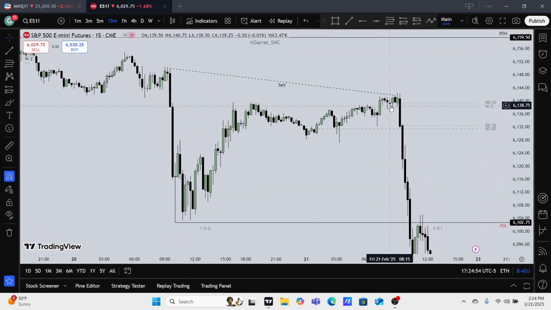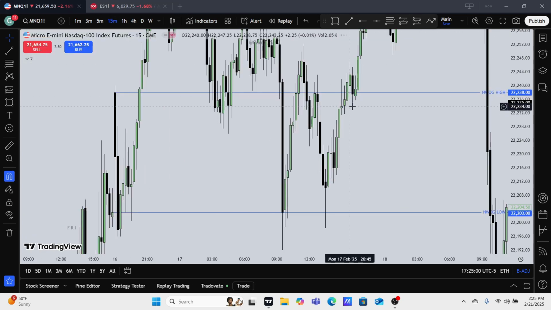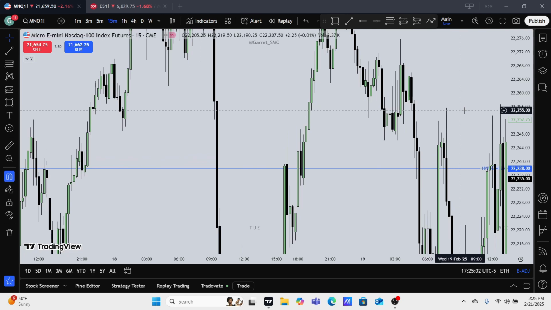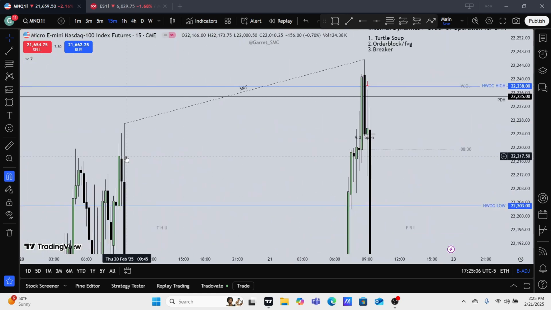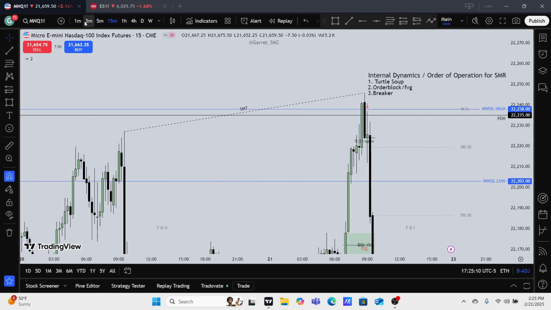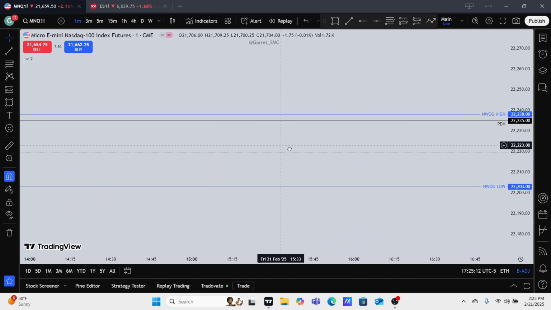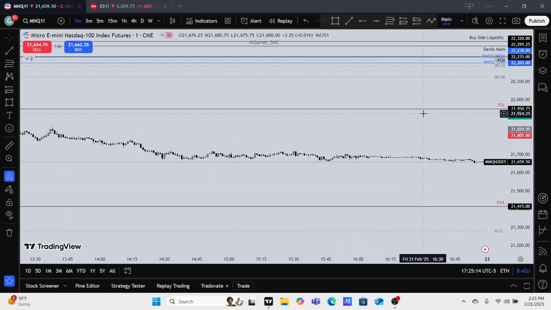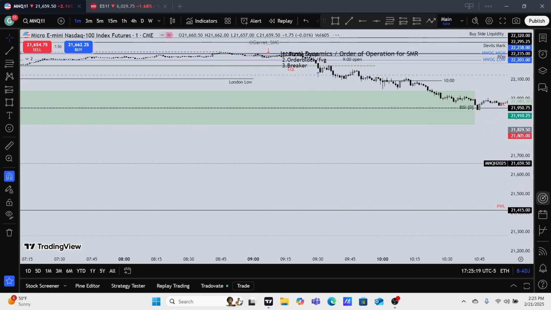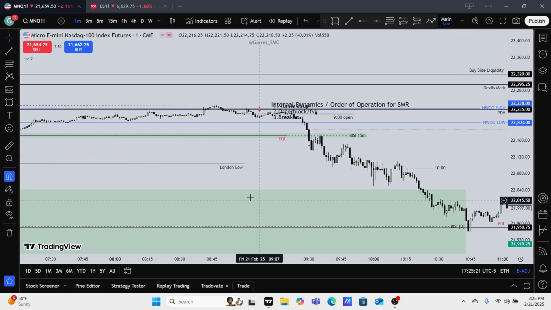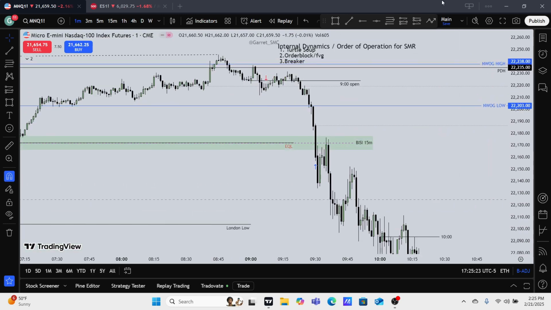We can see that on ES we failed to take yesterday's 9:30 high, and on NQ, when we pushed up here, we took this 9:30 high, creating an SMT at the highs. So we created an SMT at the highs after taking a higher time frame key level in the form of the previous day's high here,